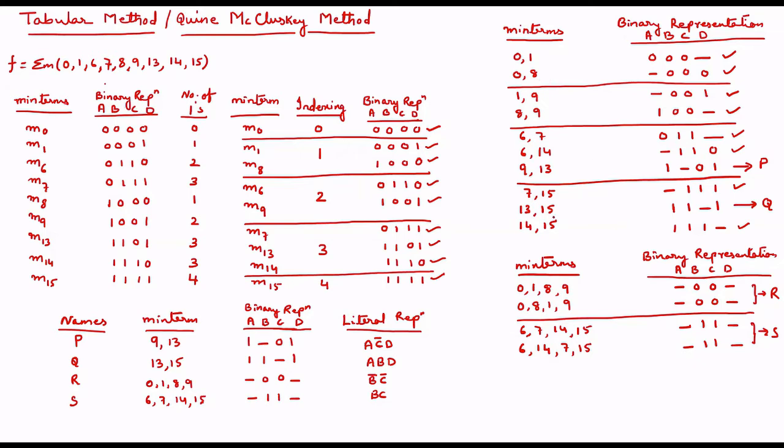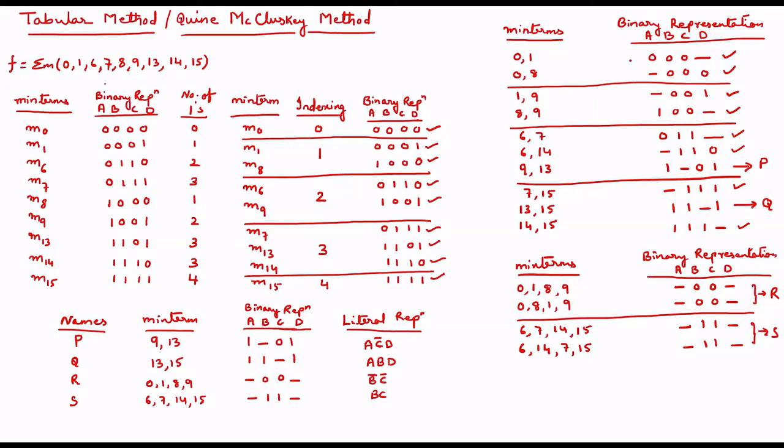So next table, same thing, min term I have written, binary representation I have taken. Then I will compare: this is one group, second group, third group, fourth group. So the first group will be compared with second, third and fourth. It will not be compared with each other, right. I will give a hint for easy understanding. For the first group, you see this dash is there, check for this last dash with all other groups. Wherever a dash is there you compare that one, the rest you leave. That will be faster and not time consuming.